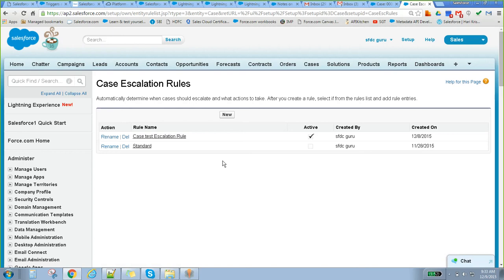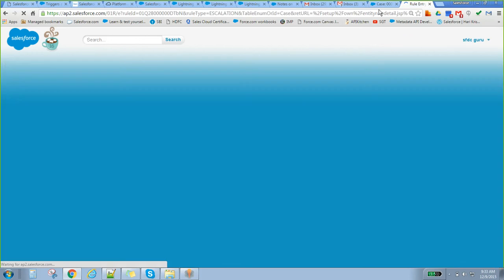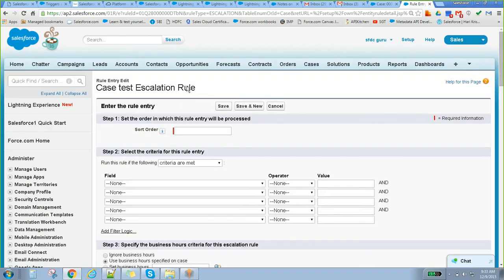Now we have created a rule, and now we have to make rule entries. Click on New. You can also click on the rules, escalation rules. Sort order: you know what order it is going to run in.